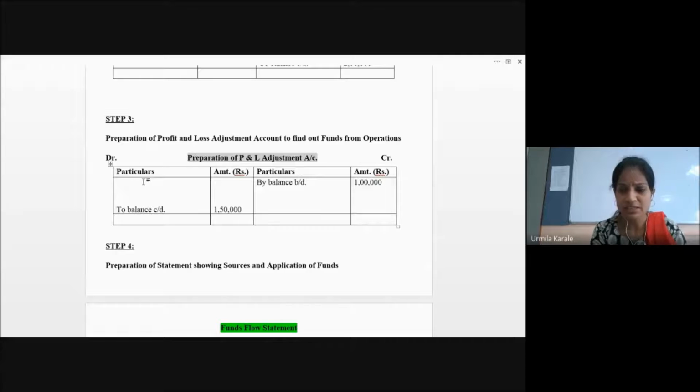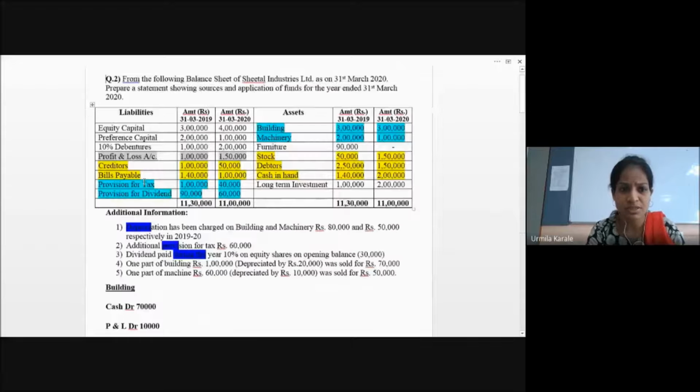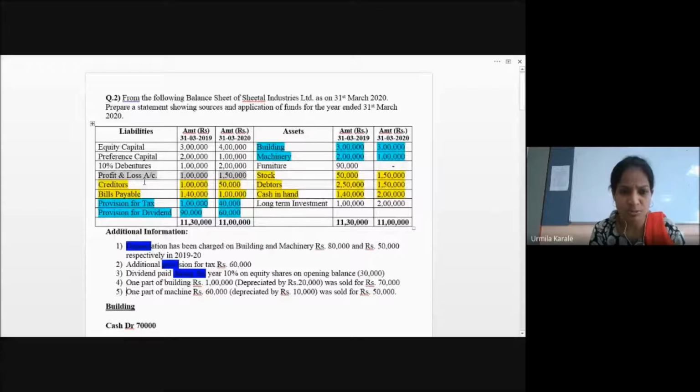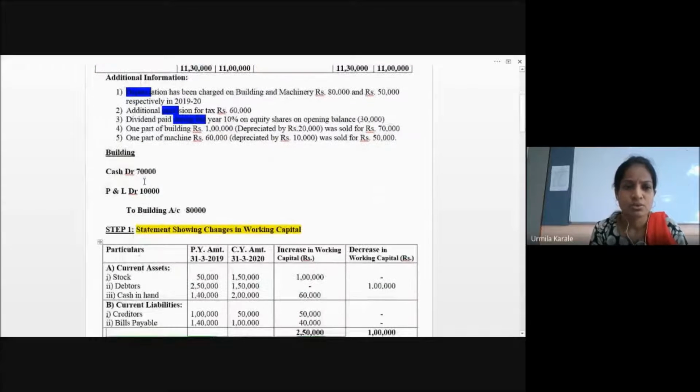So instead of writing this, I can write in the account first and then I can transfer. That is again one option I have. So profit and loss account debit side, maybe we're going to write this, and the building account gets credited by these two accounts. So we'll write it separately. In the building account, credit effect, the building account is credited by profit and loss and by cash both.